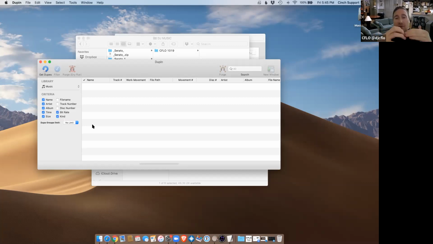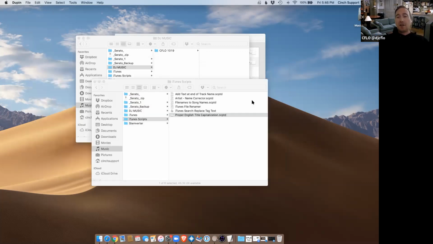And then it will toss the rest, and you can have it move them to a separate folder that you can look at later. You can have it move to the trash. You can have it move to the trash and delete the trash. You can have it just spit back a text document that's just a print: here's your dupes, in case you wanted to do that before actually moving forward. It would be tedious to look through, but this program's super powerful for solving a problem. I know a lot of people have a question about that.